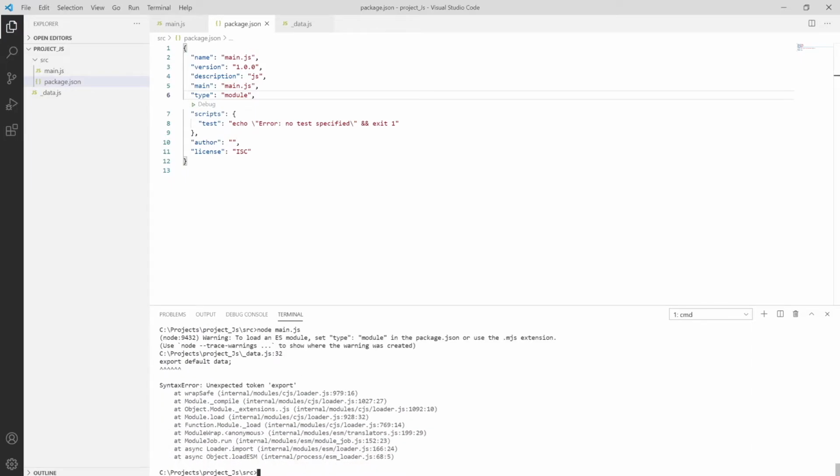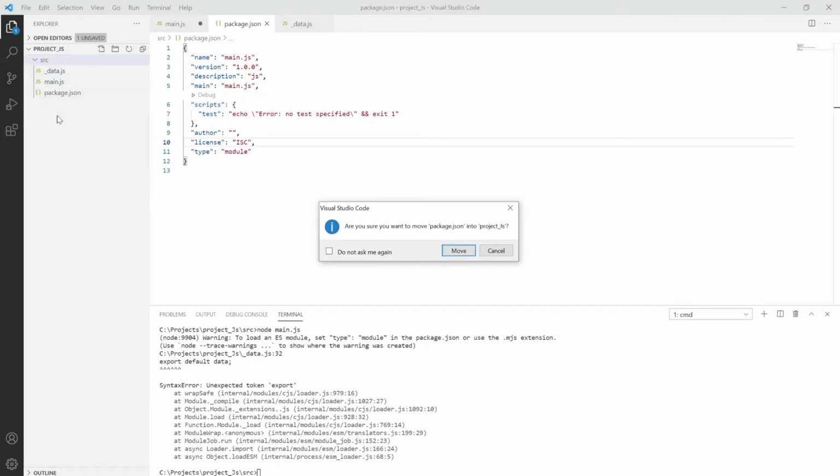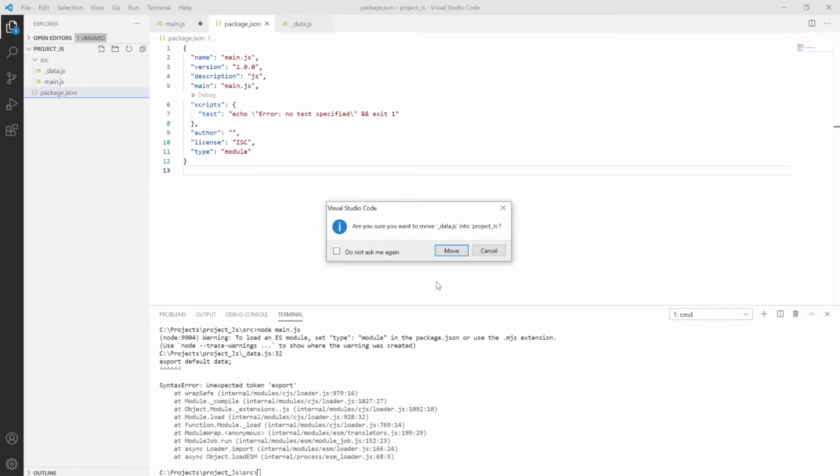Node main.js. Okay, unexpected token export, they are telling. So it's okay, just package.json, yes. Now try to save this and put it outside.